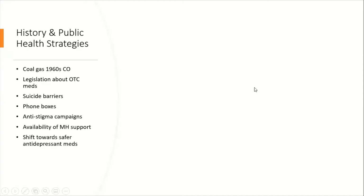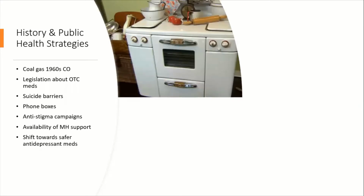So let's start off with some interesting history and public health strategies that have been successful in the UK. Before the 1960s, a common method of suicide was by coal gas ovens. Carbon monoxide was produced as a waste or byproduct of domestic gas using coal gas, and carbon monoxide is obviously very poisonous and can be very toxic and kill very quickly. So people used to put their head in the oven and not turn the fire on, so they were just inhaling the gas and inhaling the carbon monoxide, and that was the method of suicide that was very common